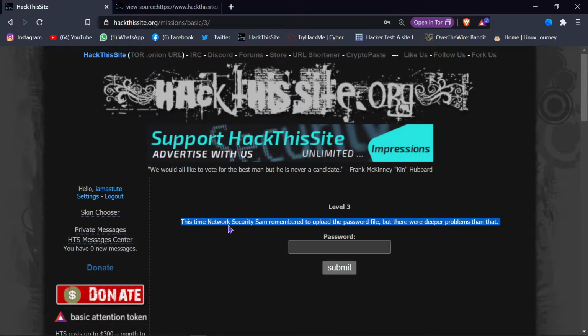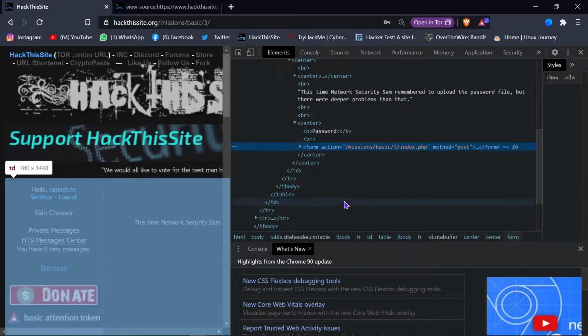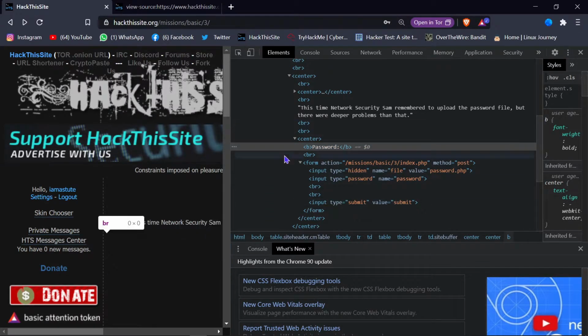This time the same security, he remembered to upload the password file. Okay, this time he remembered to upload, but there was a deeper problem than that. So what's the deeper problem? Let's go with inspect. In the inspect section, can we find something?